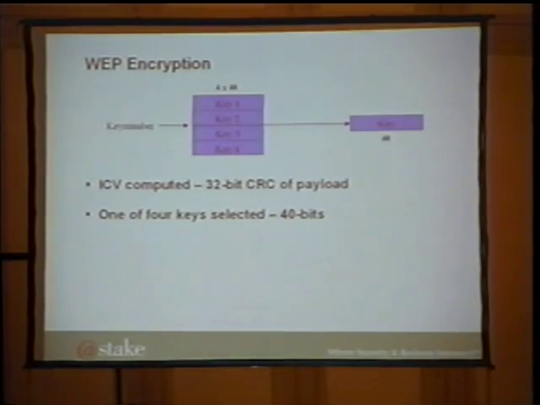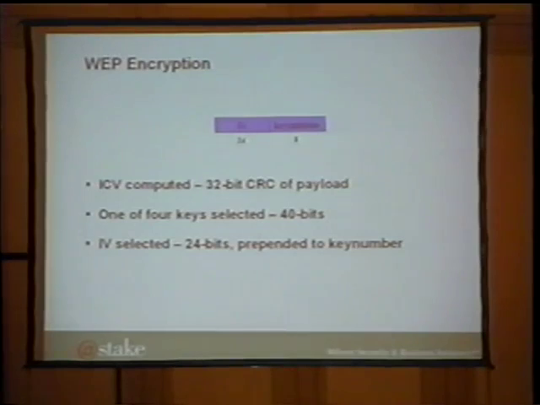In the next step, a key is selected. WEP supports 4 keys that are keyed into the system, and I'll talk later about how they are keyed into the system. And when a packet is to be sent, one of the 4 keys is selected. It's completely up to the implementation how these keys are selected. But what happens is a key number between 0 and 3 is generated and used to index a table, which you see as the 4x40 box in the middle, which has 4 40-bit keys, and out of that you get a single 40-bit key.